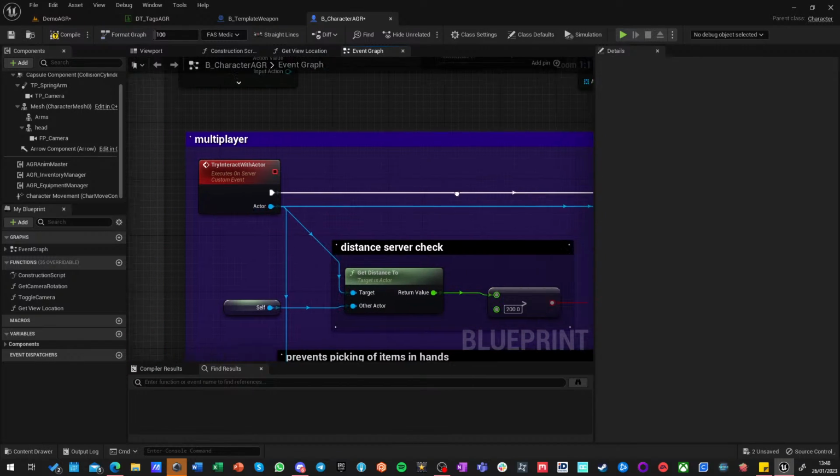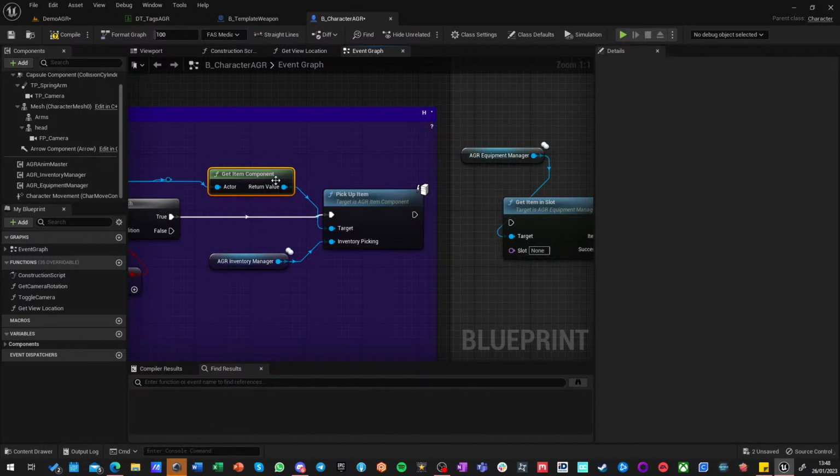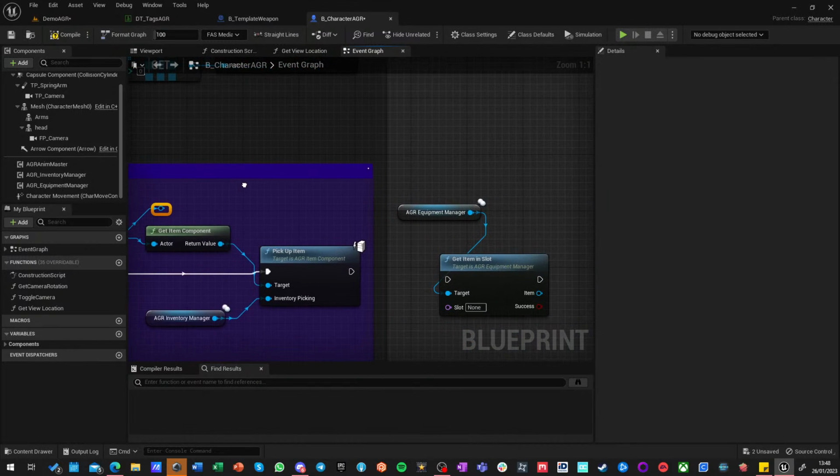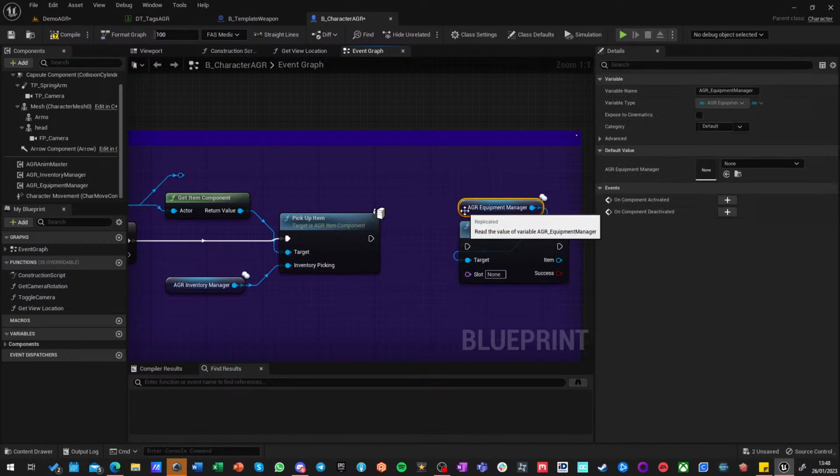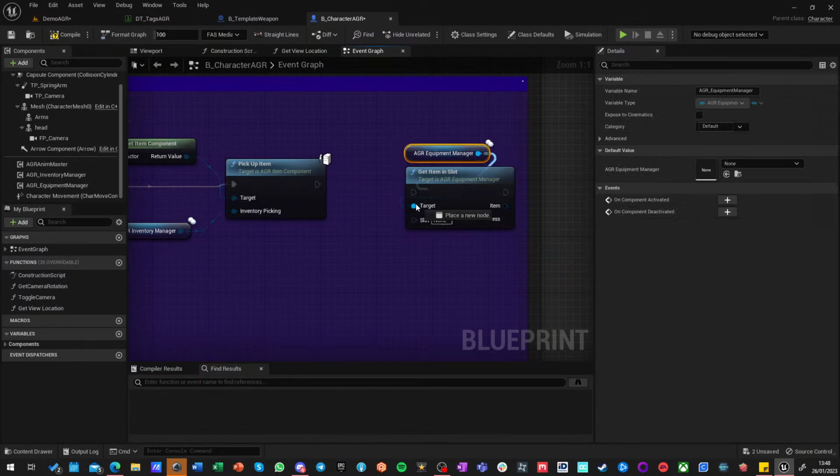Do I need item reference or do I need item component? We're going to see in a second. So we're doing this. This is still on the server. We want to get manager and we want to